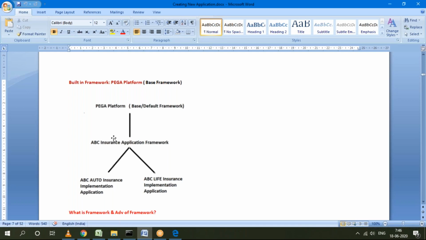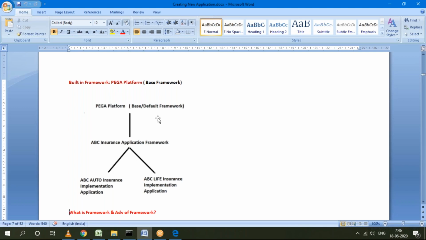The advantage of adding this user-defined framework is that if it is not created, we can define a maximum of only one implementation per organization. If a framework is there, then in the future, suppose initially only one requirement is there, but later you want to add more applications for that organization, you can. Otherwise I cannot add a framework again. That's why in any project they start, they'll have a base framework, and under that they'll create one user-defined framework, and under that they'll create the setup for one or more implementation applications, depending upon the requirement. This is the basic structure any application starts with.